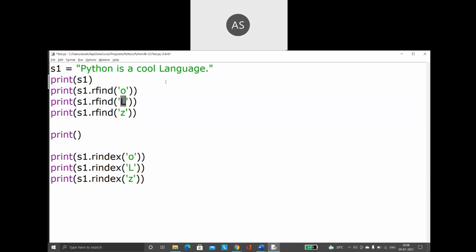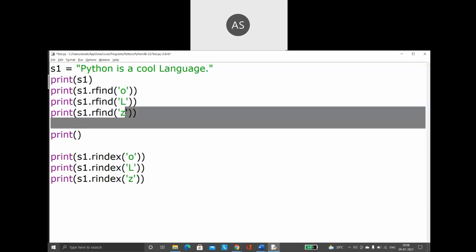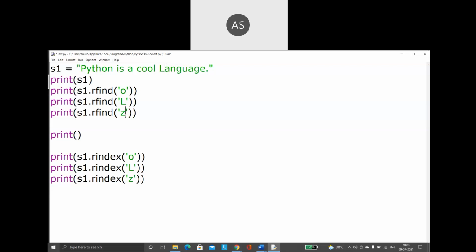Same way, when I say L, L is coming only one time. So if you write find, it will give you this index only. If you write rfind also, it is going to give you the same index because it is available only one time. First time also this character, last time also this character. Z is not available, so you will be getting -1. Right, let us run this.